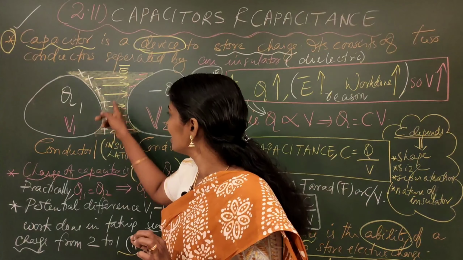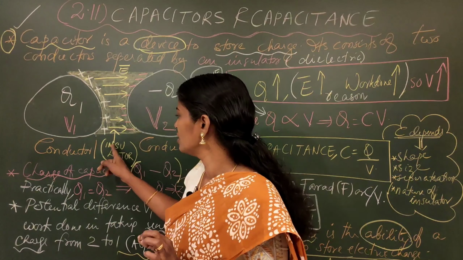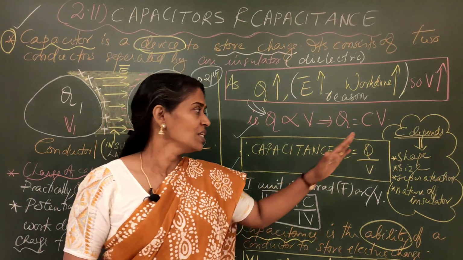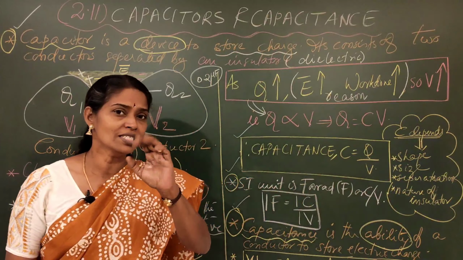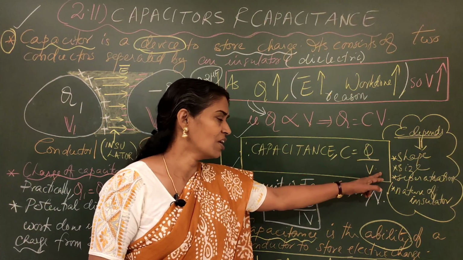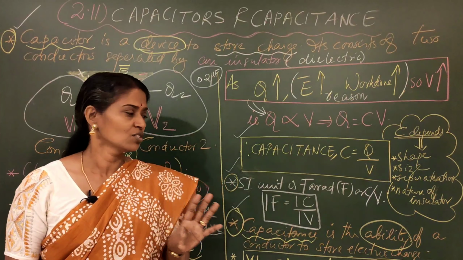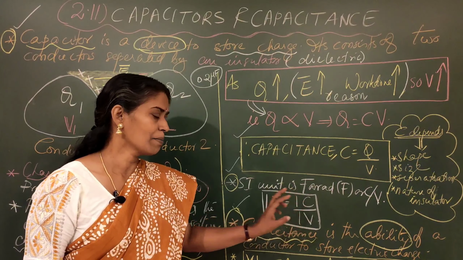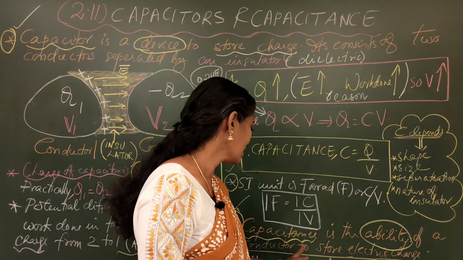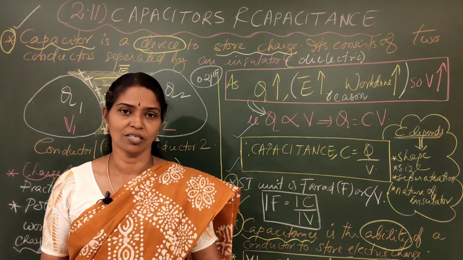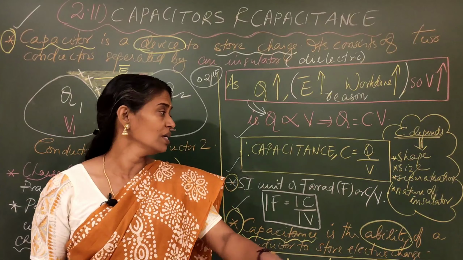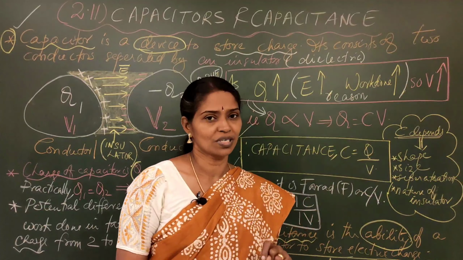But the main thing is the nature of the insulator. You are using some insulator; inside this yellow shaded region is the insulator. The nature of the medium is very, very important. So these are the factors on which capacitance depends. The unit is the farad. That is 1 coulomb by 1 volt, known as 1 farad. So 1 farad is F equal to 1 coulomb by 1 volt. So what is capacitance? It is the ability of a conductor to store electric charge. You can define capacitance as the ability to store electric charge, or as the ratio of charge to potential.